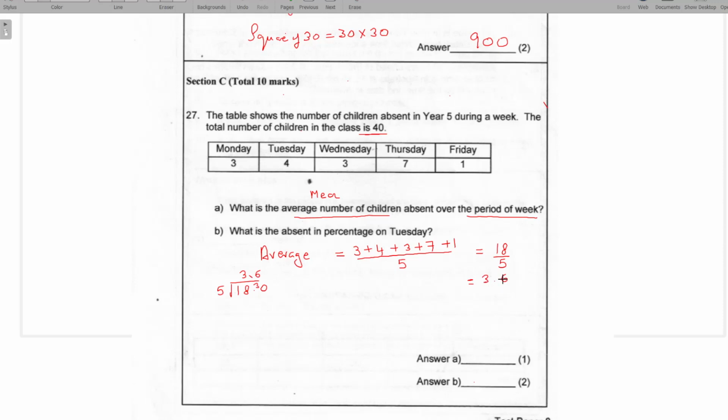3.6. So you cannot have children in decimal. So the average number of children absent over the period, you can round this up, which is 4. What is the absent in percentage on Tuesday? Tuesday is 4 children. So absent in percentage on Tuesday,